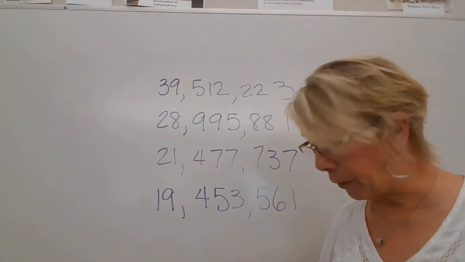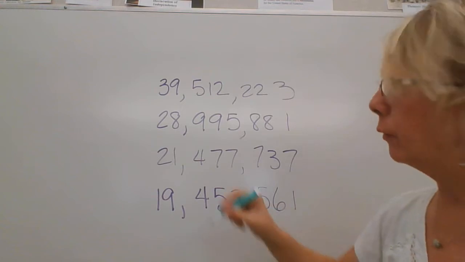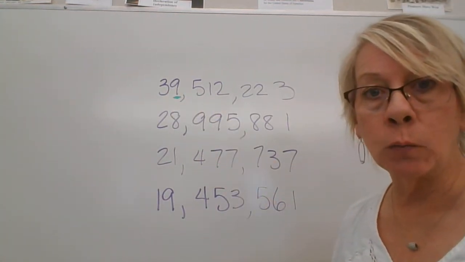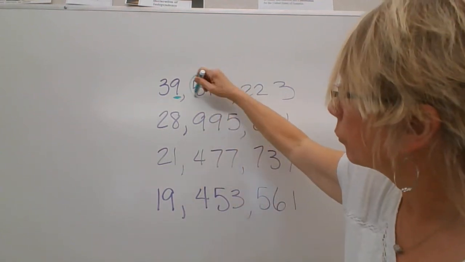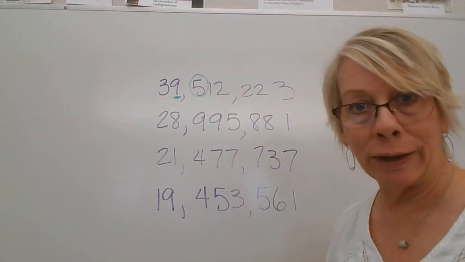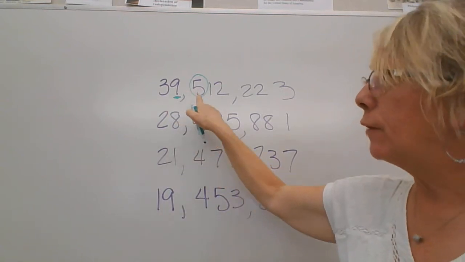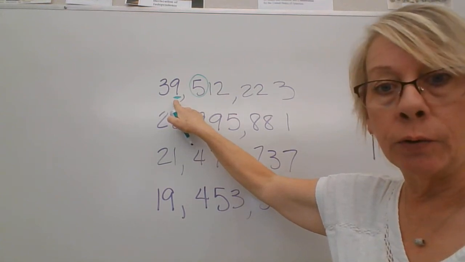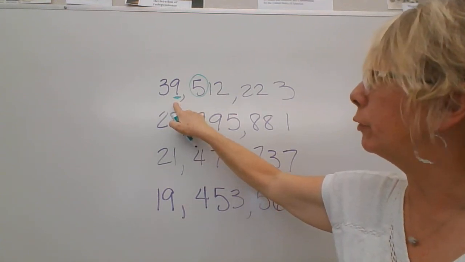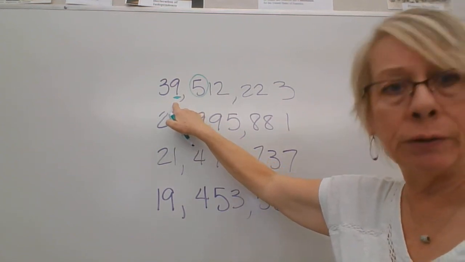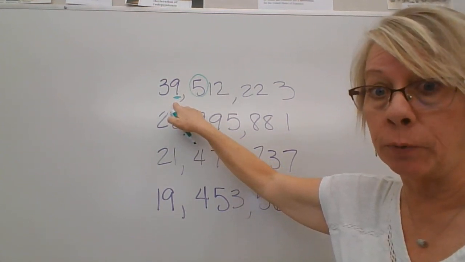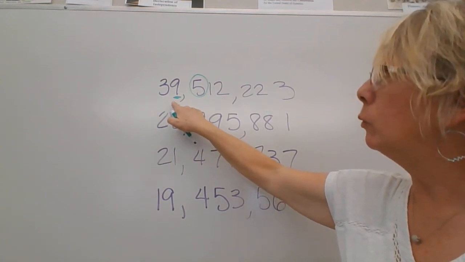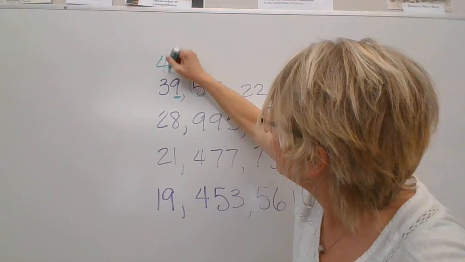So the millions place, not the minions place, the millions place, is this one. So we look at the one over here. 4 or less, this stays the same. 5 or higher, this one rounds up. So it's 5 or higher, so this is going to round up. What does it round up to? 9 is the biggest number. No, but what's the next number above 39? 40. Right, so this one will round up to 40